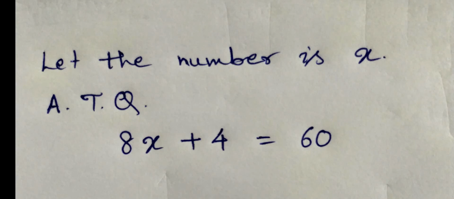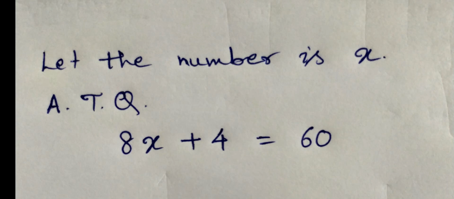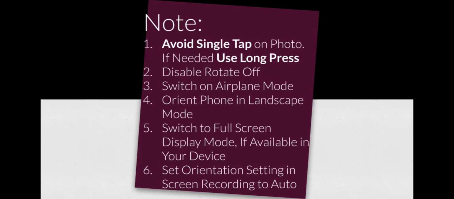See, if I single tap, then the pop-up comes, again single tap, the pop-up goes off. You don't want the pop-up to come, press a little hard on your screen and you are perfectly good. Your pointer is there, you have pointed to the item you want to point to. So let us say in this description I am reading, let the number be x. So I want to point to x, I long press or long tap near x, x is pointed, that is good. So that's all. We don't have to do a single tap.